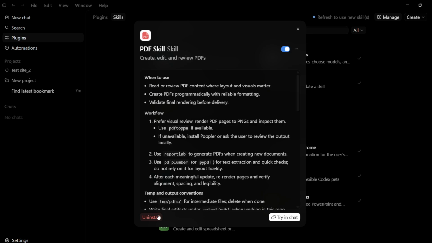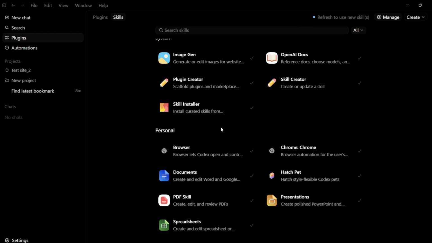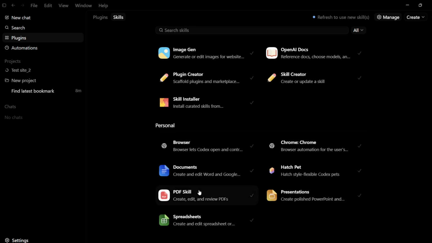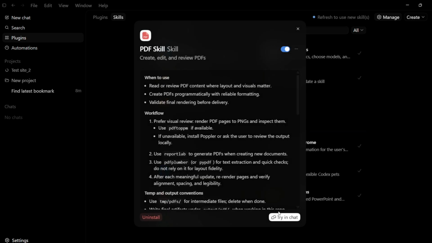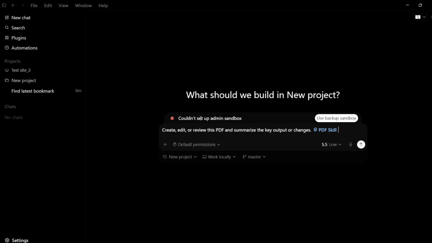particular skill. Now from here you can also disable this particular skill if you don't want it for any short period of time, or if you don't want it permanently you can simply uninstall it as well. You also have other options like directly opening this particular skill, or you can try it out in chat as well. You can do so by clicking onto this try in chat, and from here you